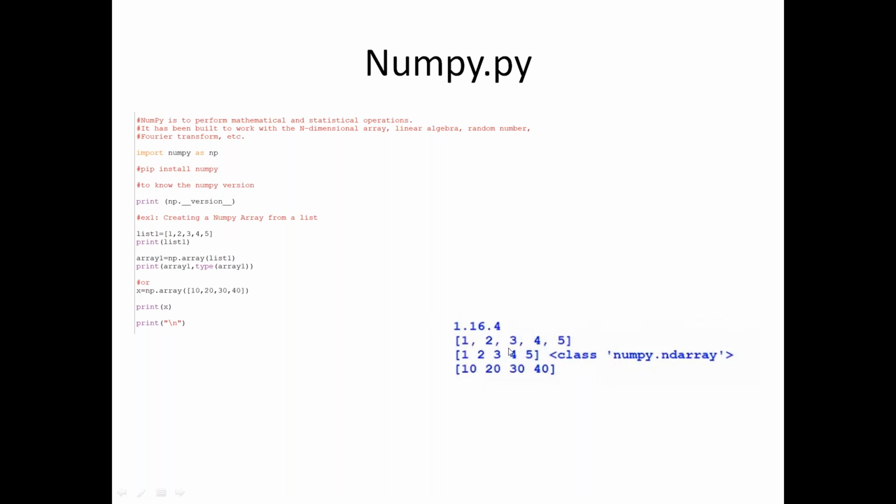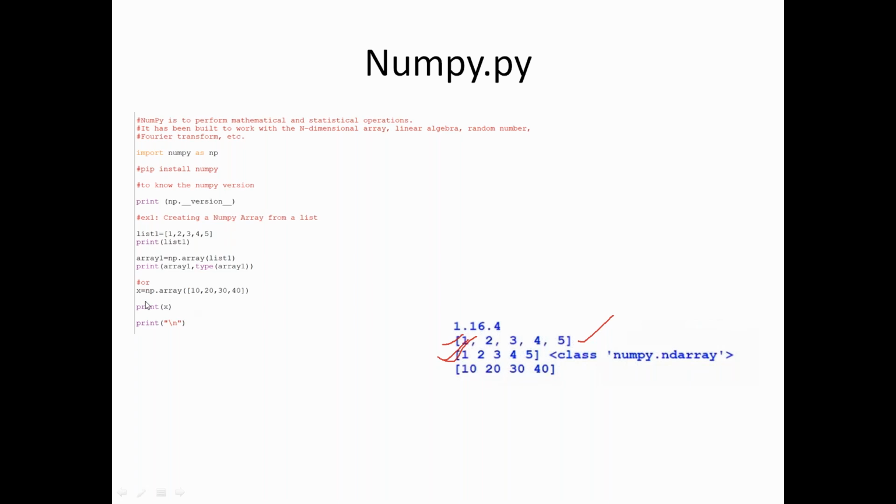Now if you observe here, the second line and the third one, the first one is with commas, and the second one is without commas. The first one is also numbers on which I can do aggregations, but it is not an array, it is a list. But the second one is an array where I can do all my statistical and mathematical operations. Hope you're clear what I'm trying to say.